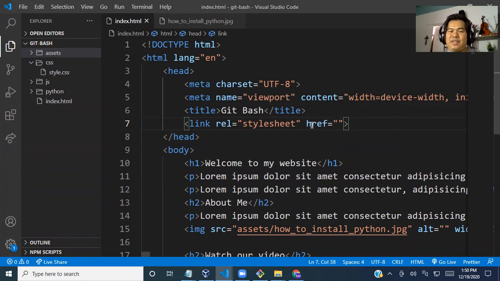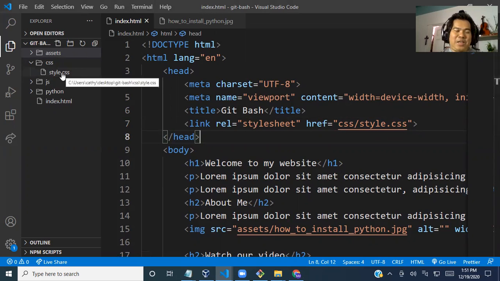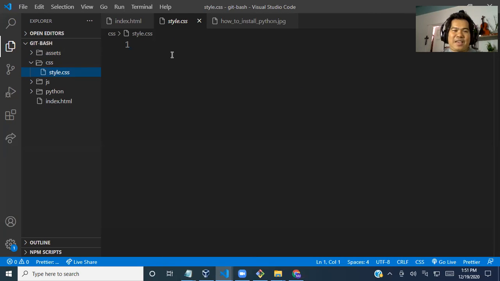Okay, and inside the href, which means hyper reference, I just say the style.css is inside the folder of CSS. Okay, now the style.css file has been linked to this HTML file. Okay, now what I can do, I can open the CSS file and say